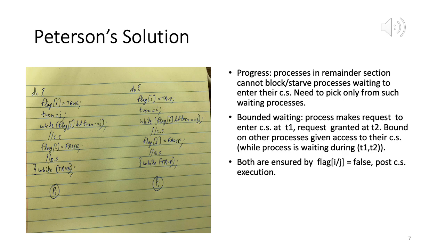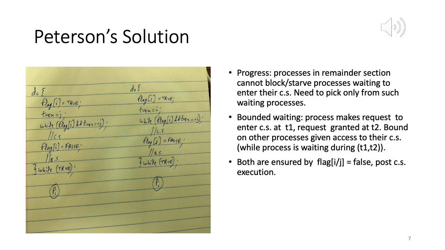So that waiting has to be bounded. How do we ensure that? There has to be a limit on the number of other processes that can enter their critical section while this particular process is waiting from T1 to T2. So while process X is waiting from T1 to T2, there exists a bound on the number of other processes besides X which have got an entry into the critical sections. So that number should not be too high. So bound on the waiting time. We can easily see here that that does exist.